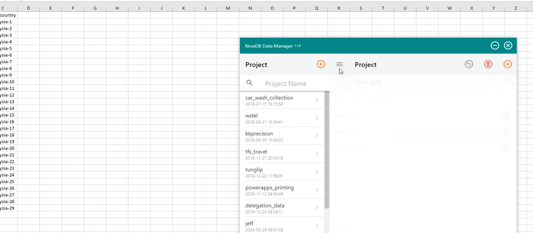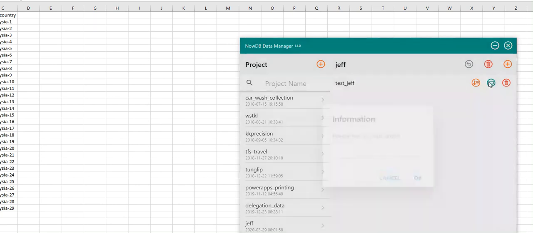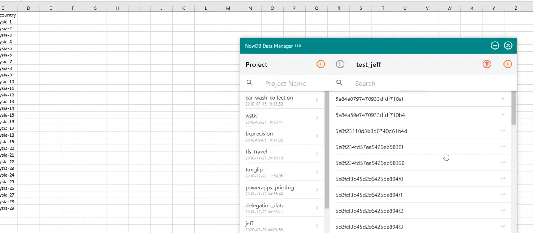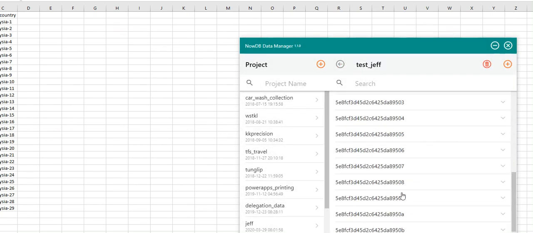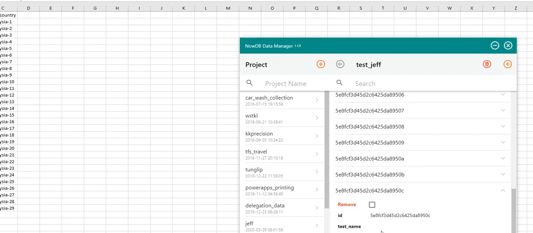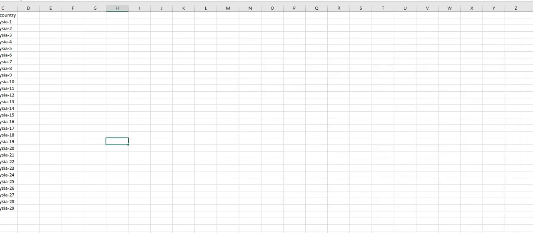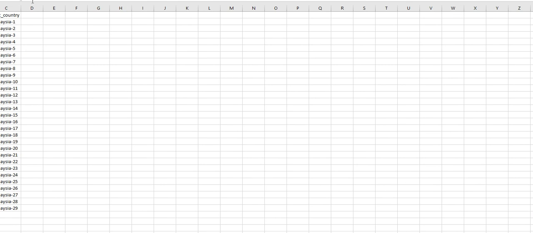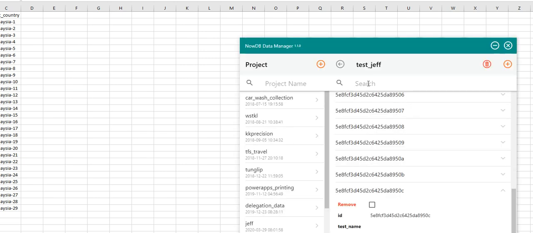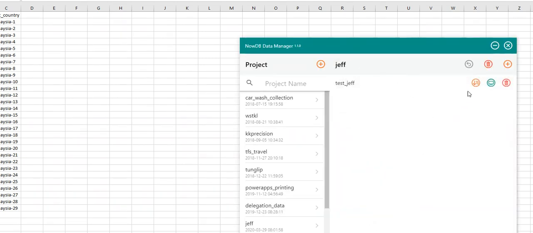Let's double check if the data has already been uploaded. Quick check here. Let's go to the last one. Yeah, Jeff's test name. Let me have a look. You can see that I am using a name here, text name, so it is wrong. That's why it was appended wrongly. What if I change it again to this one? This is proof that it must be exactly the same. I'm not doing it on purpose, I just made a mistake. Me too, I will make mistakes.